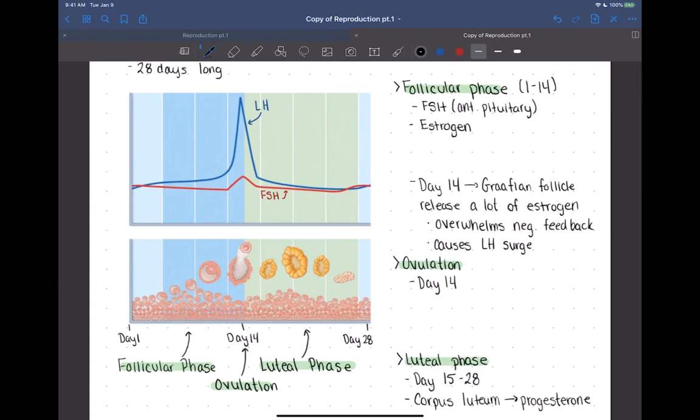And so the FSH signal causes the follicle